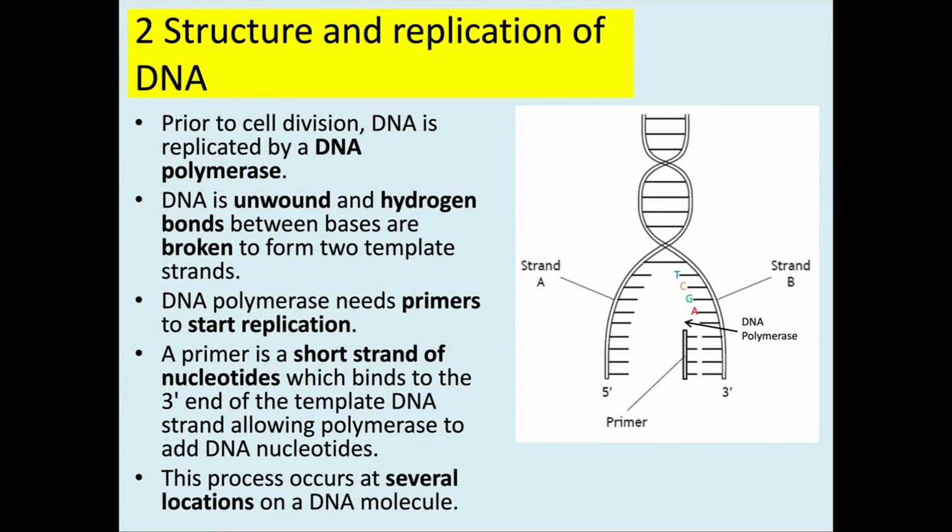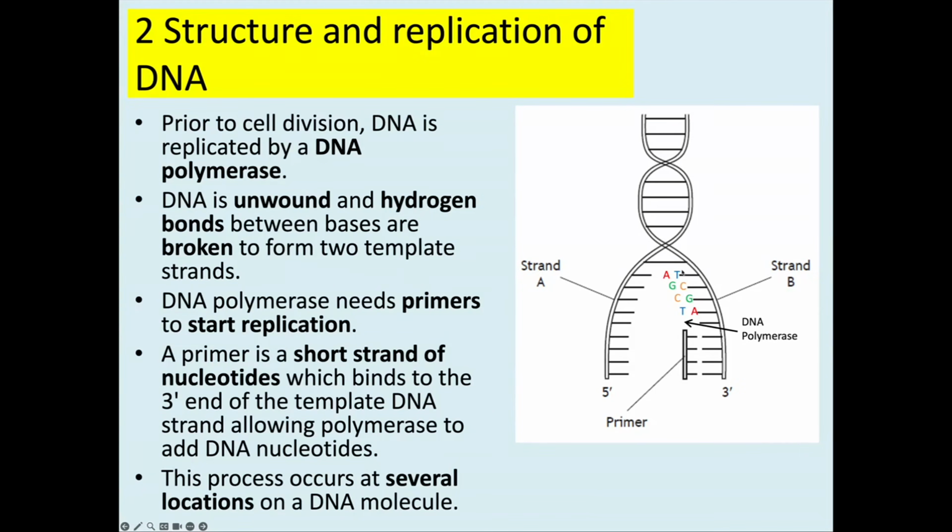So the DNA polymerase will bring the nucleotide that is complementary to A, which is going to be the base T. And then it will bring the next nucleotide in, which is going to be complementary to G, and that will be C. And then it'll bring in the next nucleotide base, which is complementary to C, that will be G. And then it will bring in the next nucleotide base, which will be complementary to T, and that's going to be A. Okay? So on this strand, on strand B here, that replication will happen in a continuous fashion,